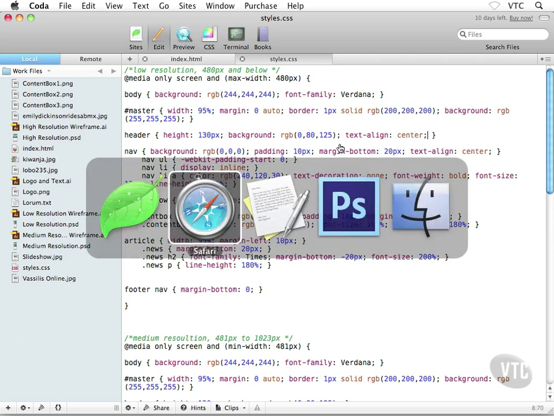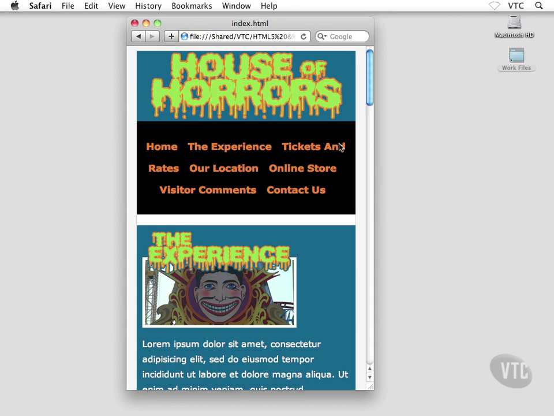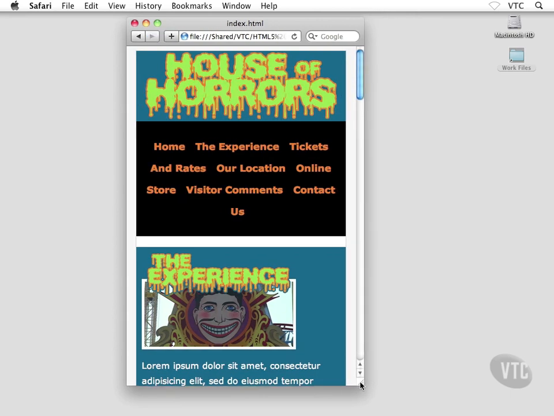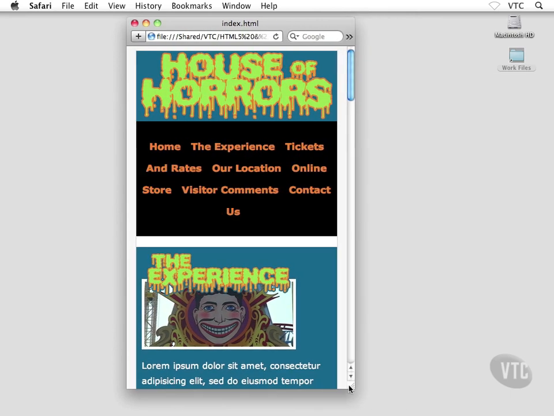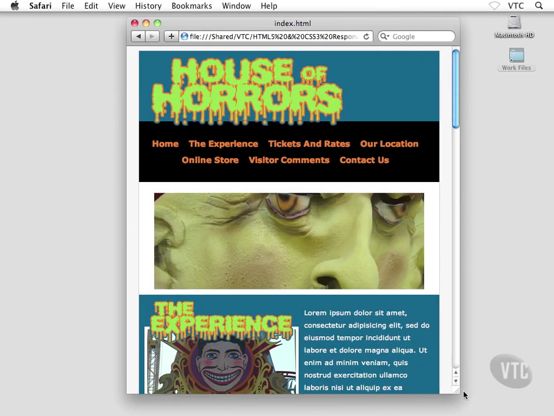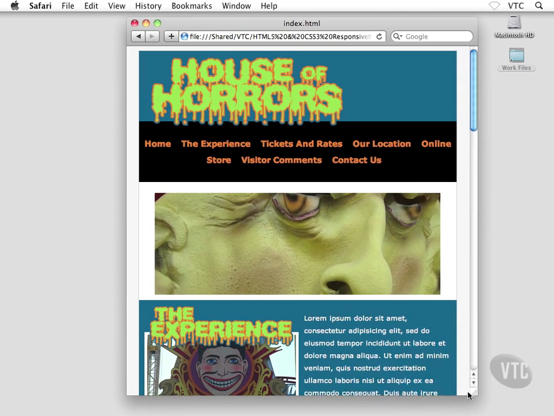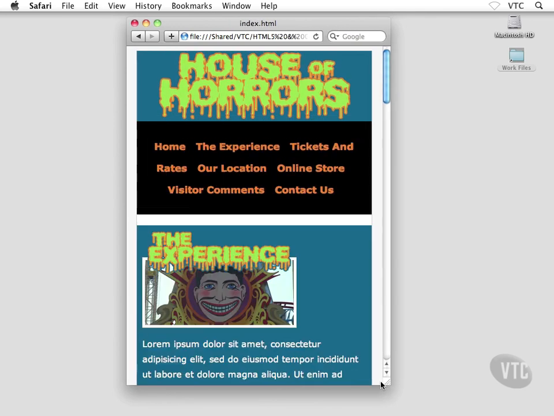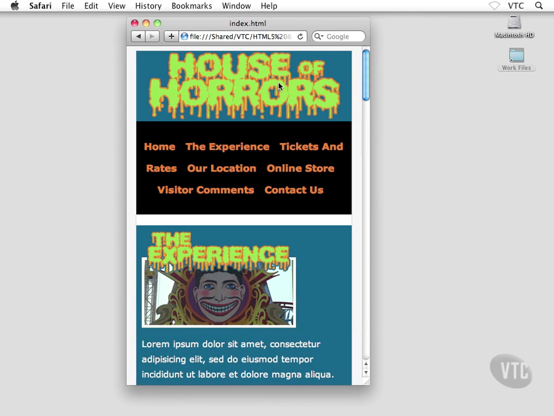Let's save that and see what we get inside our browser. Go and refresh. There we go. So now the logo is going to be centered inside the header. Again, if that layout scales back and forth, so long as I don't break into the medium resolution device or media query, the logo at the top of the layout is going to be centered. But what I do want to do is get some spacing above this guy to push him down into the menu just a little bit,